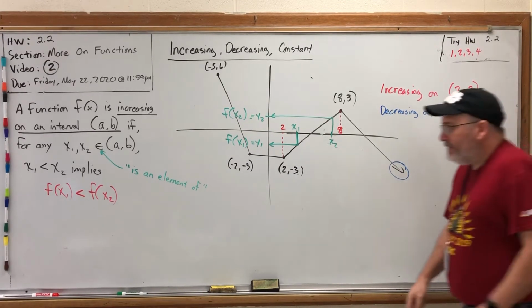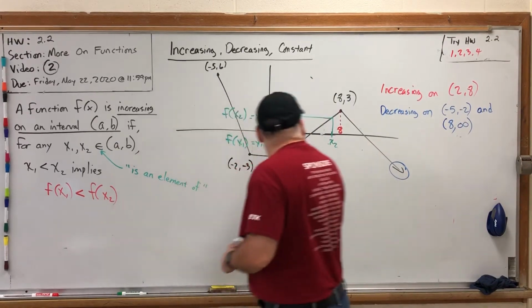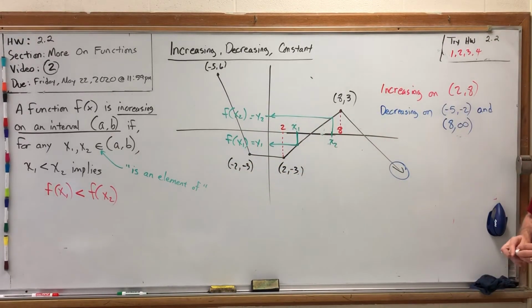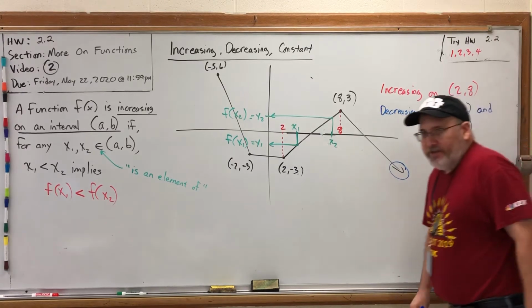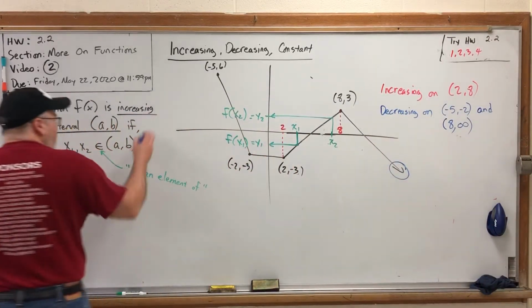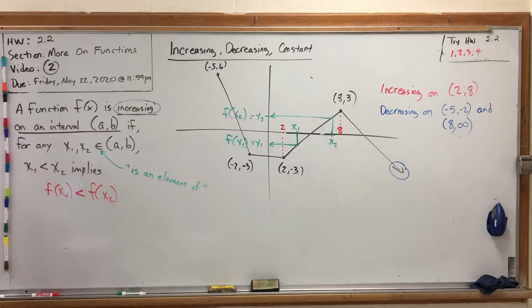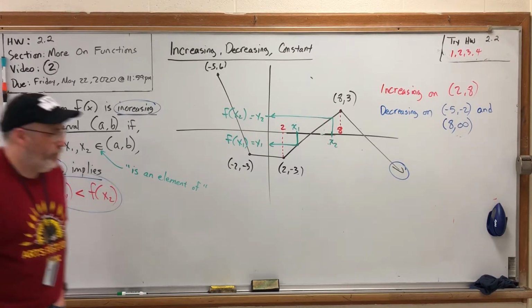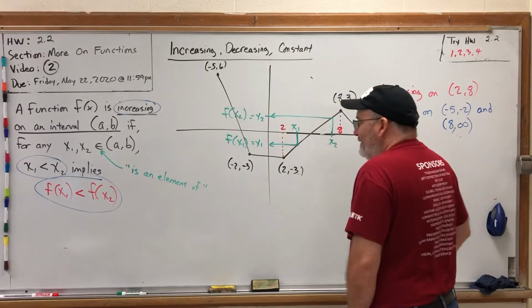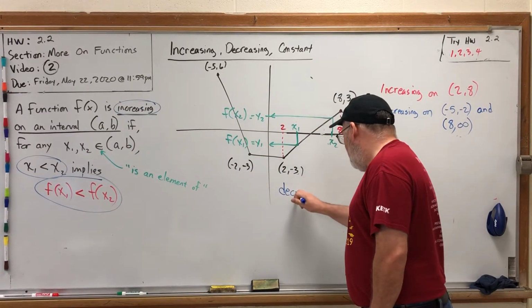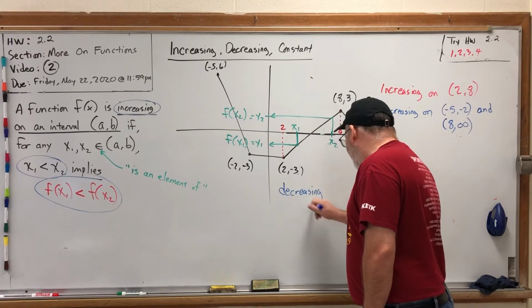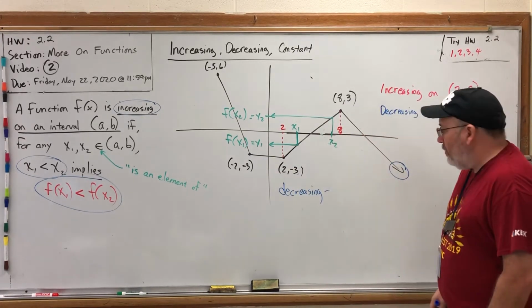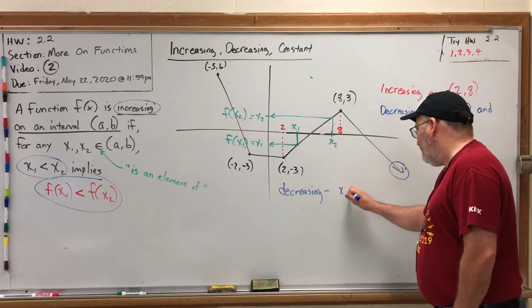But what does it mean in terms of x values and y values? I'm not going to rewrite the entire definition over there. I'm just going to focus on the key things that we need to change. Obviously, one thing we would need to change is the word increasing to decreasing. And we're going to keep the fact that one x is less than the other. But when you're decreasing, the relationship between the outputs is different. So if we wanted to define decreasing,